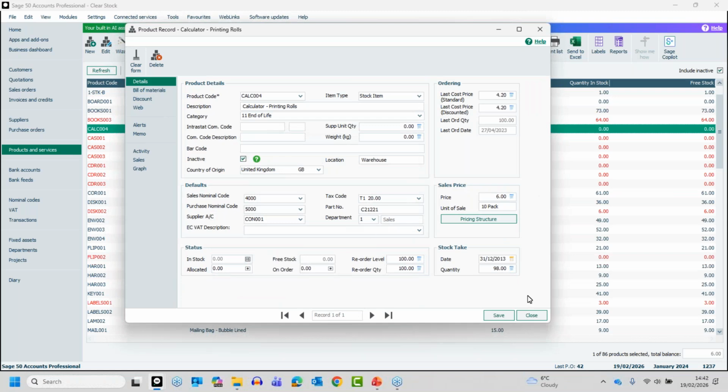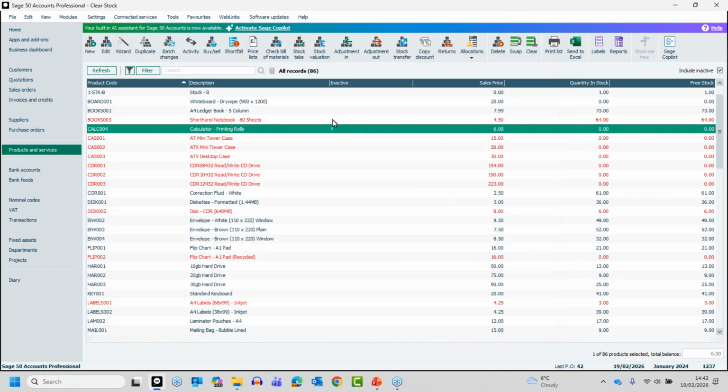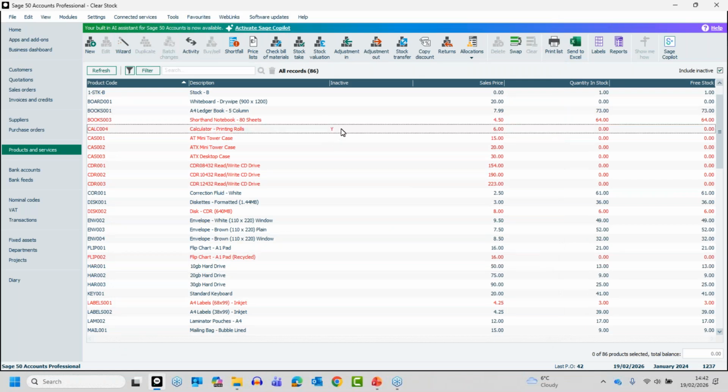Flag it as being inactive, tick the box, click save, and it just gives me a blank record. So this one's now flagged as being inactive. Now, the other thing you can do, just to save yourself a little bit of time,